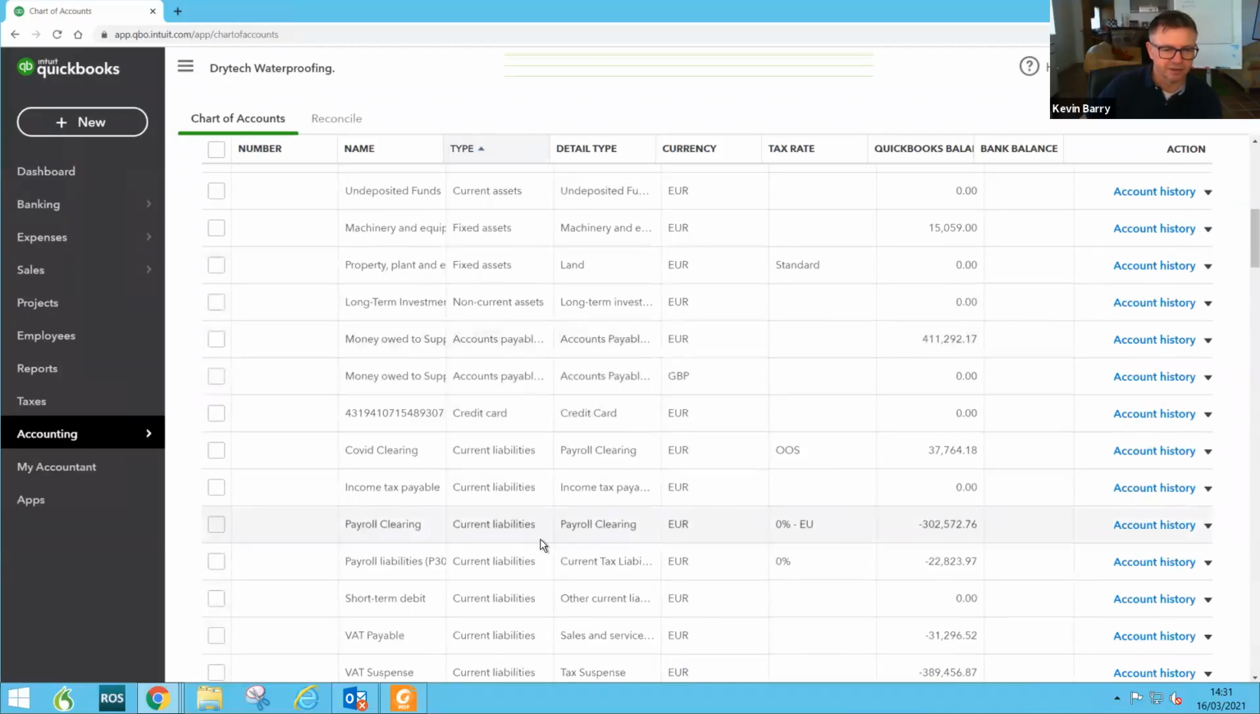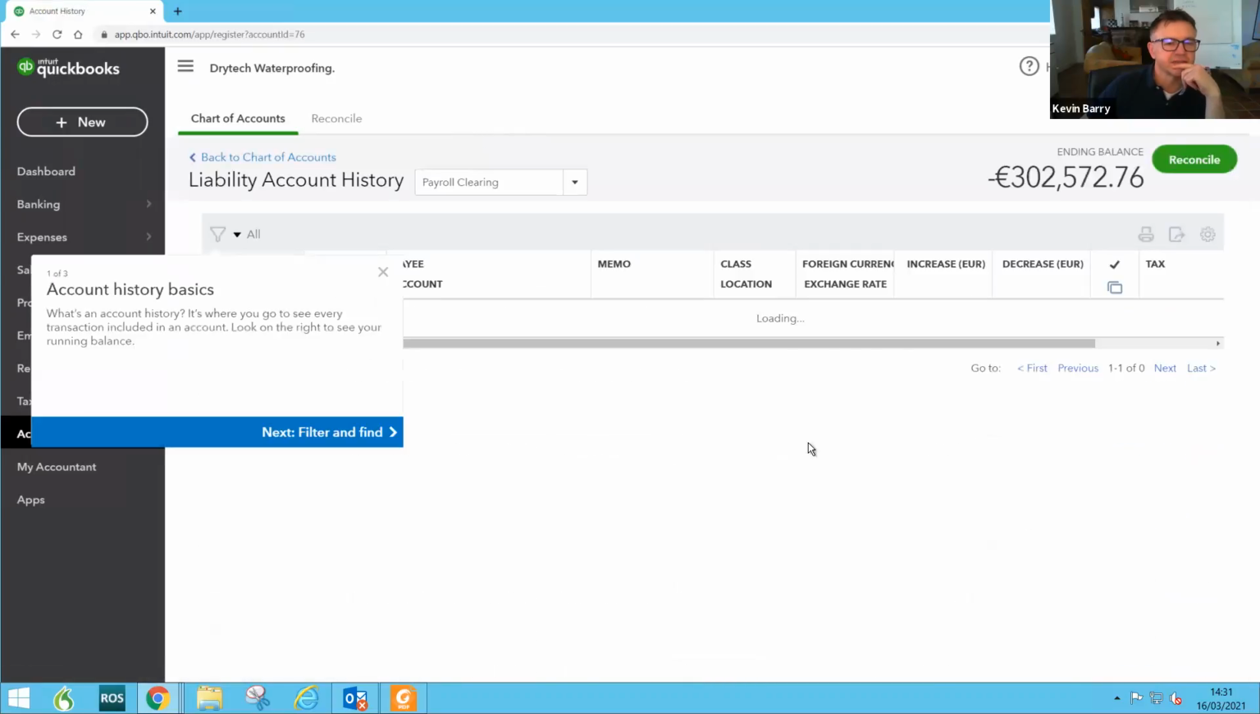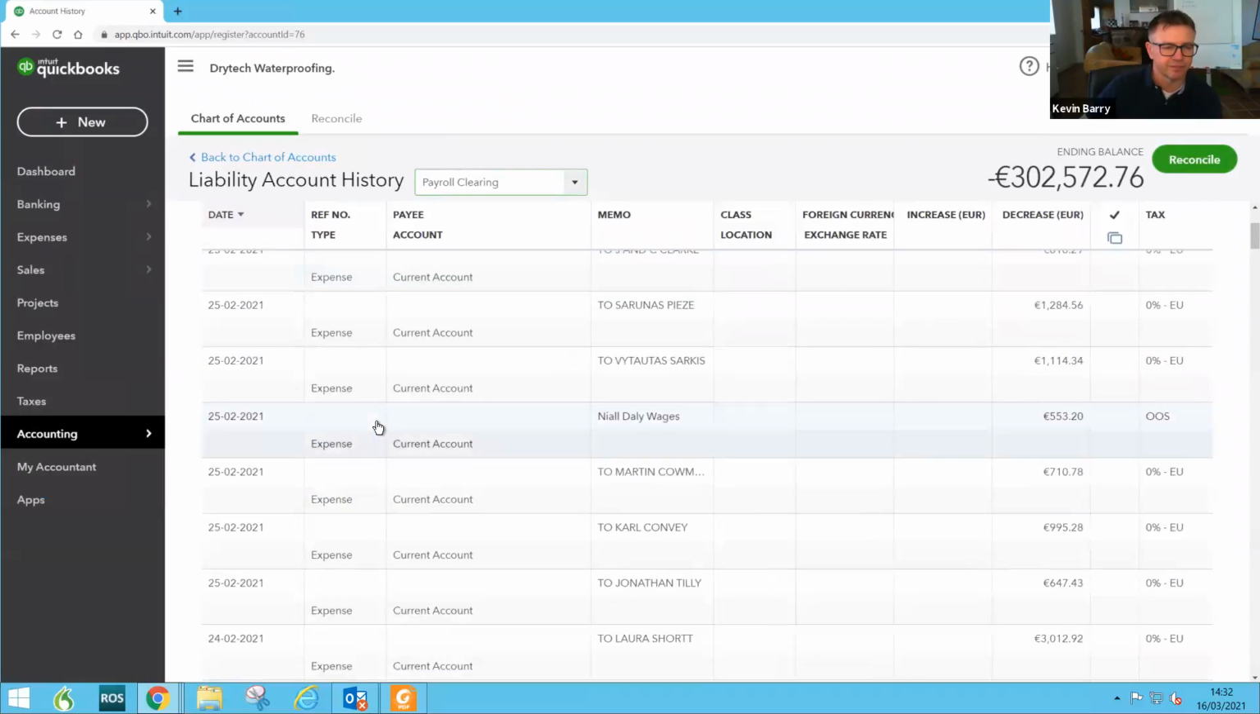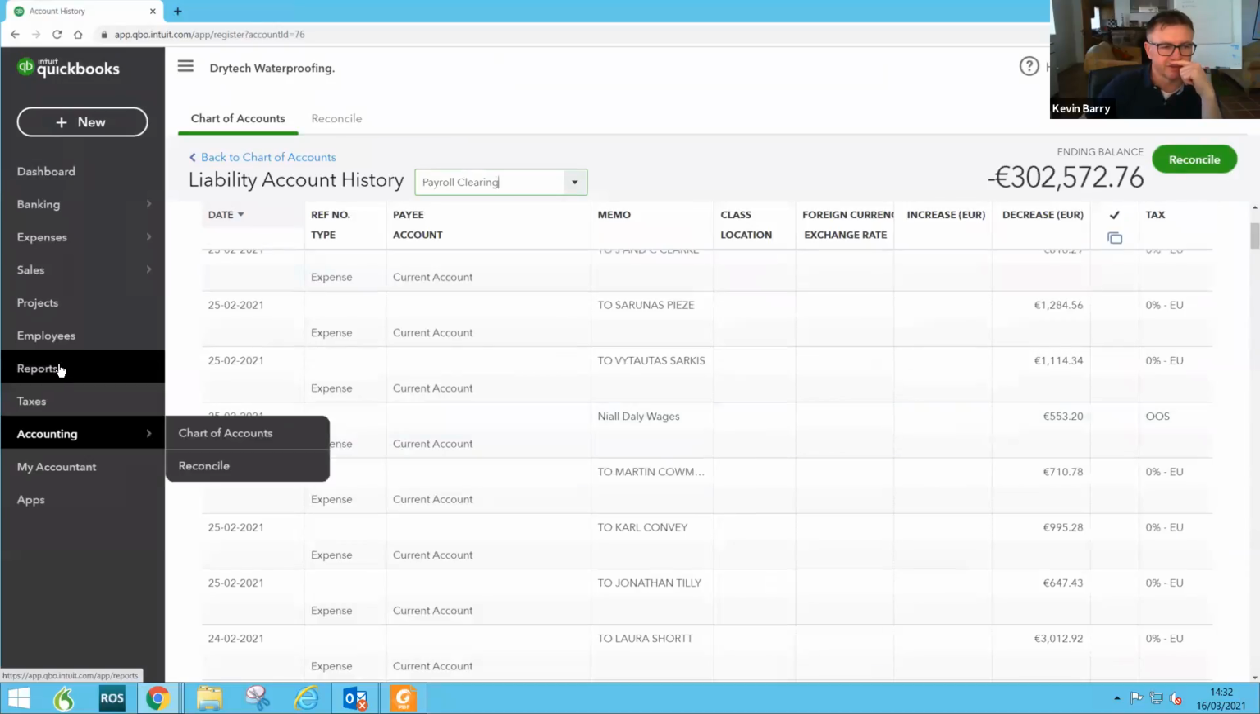Money owed to suppliers. Okay, so this payroll here, I'd say it's the payments either for the taxes. Yeah, this is everyone's wages. I think you mentioned your payroll wasn't integrated. So in the profit and loss account,